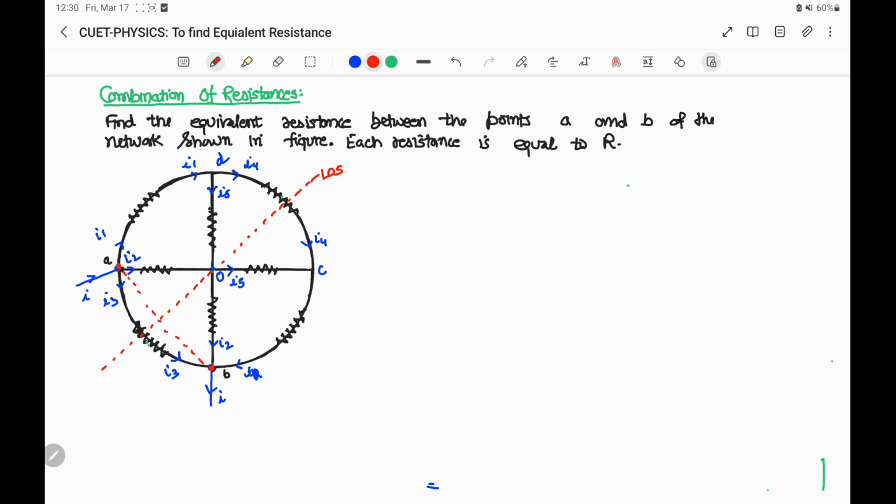Therefore we can see here one important point, that this I5 and I5 are same and this passes through O without any change. Similarly, I2 in AO is same as in OB. This also passes through O without any change in the value. That means we can see that this AOCB and this DOC can be treated as non-connecting points. Therefore, we can redraw this figure as,